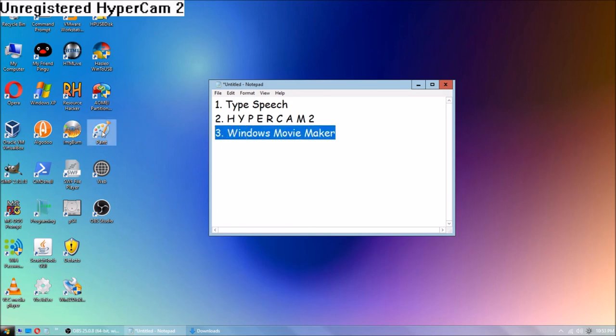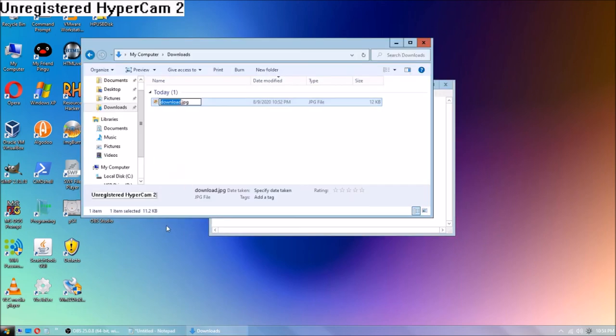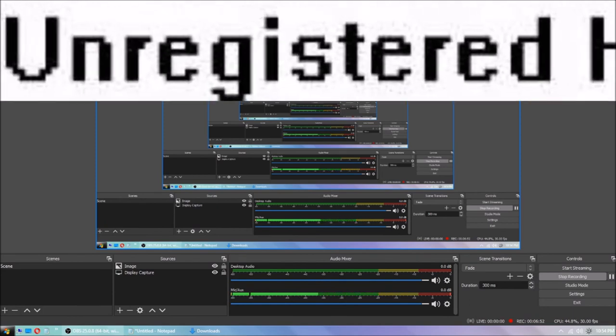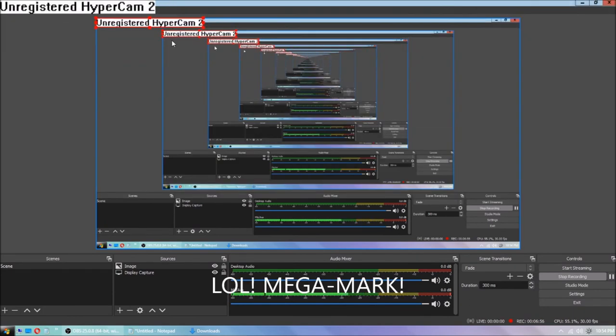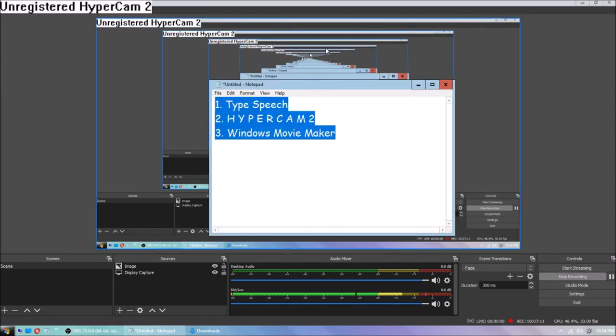So you're gonna want Windows Movie Maker. So now I have this beautiful unregistered HyperCam 2 watermark. As you see, now that looks pretty realistic, doesn't it? So yeah, these are the 3 things you need to make your video